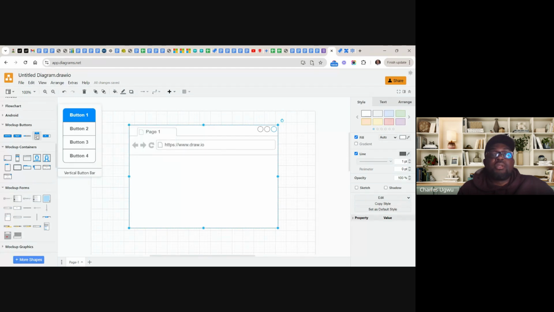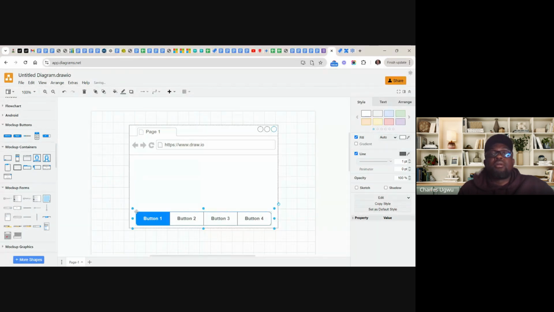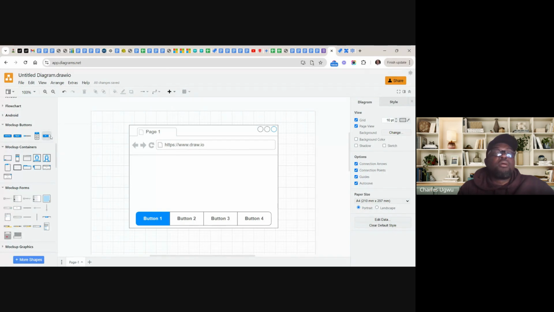This is, for instance, if I want to create this, I'll come down here, see, and so that's what is meant by mock-up. So you can use this tool to create any kind of mock-up you want. So you don't need to start going to, if you want